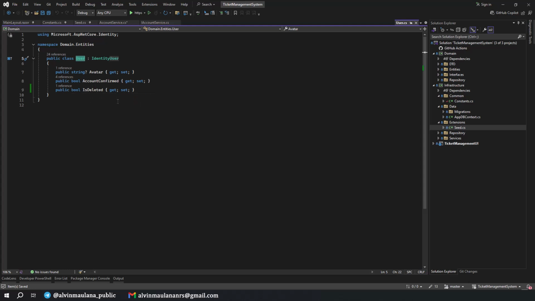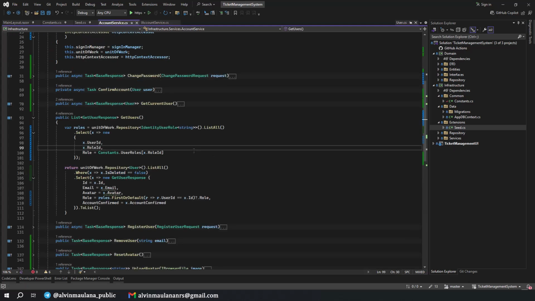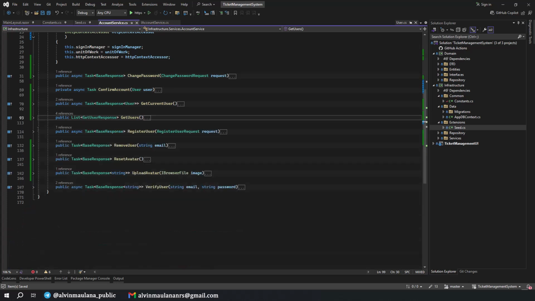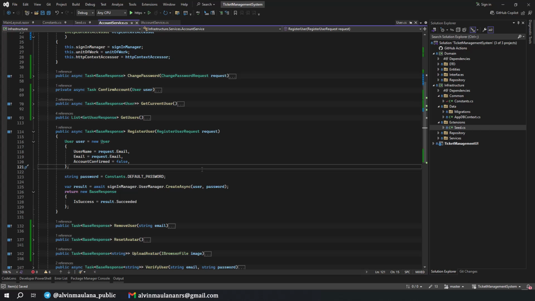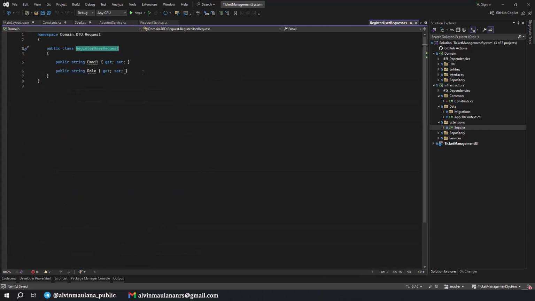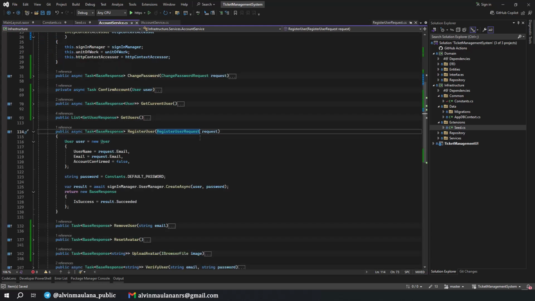By default it is false, it's okay, and just save it. Now the get user is complete. Let me see, when registering a user, we should put a role in here, because by default we don't have a role, even in our register user request. Oh, I already have, nice. But we're not doing anything for that role.